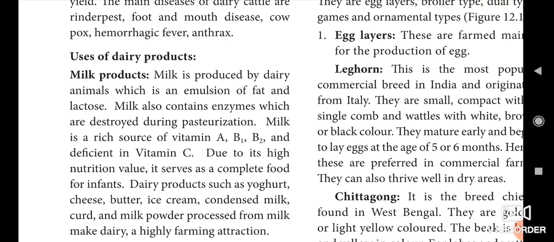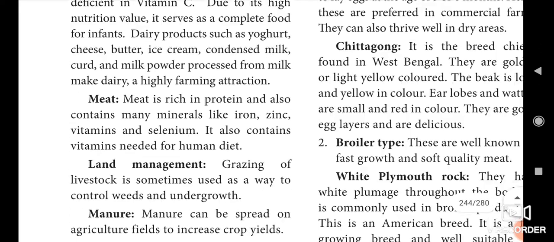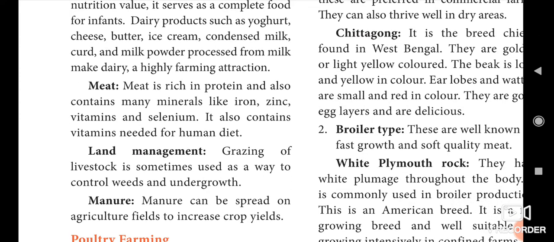Manure, cow dung is very much useful for manure. What is meant by manure? Manure means fertilizer. Next, the land management. Land management means